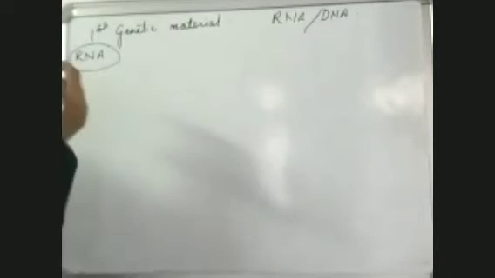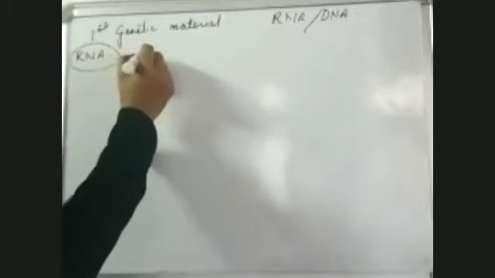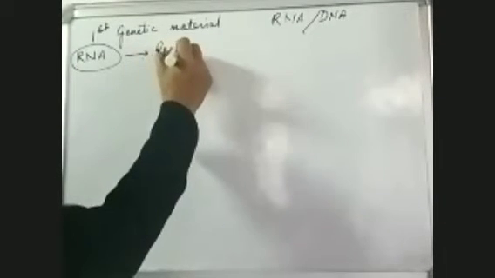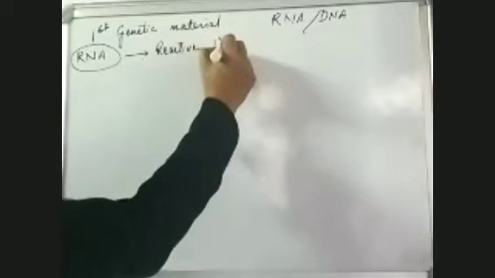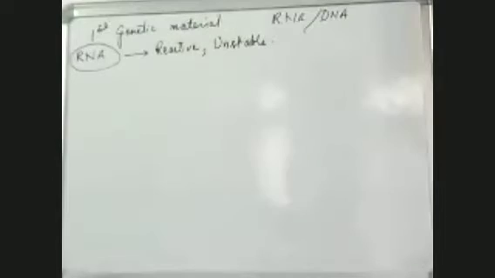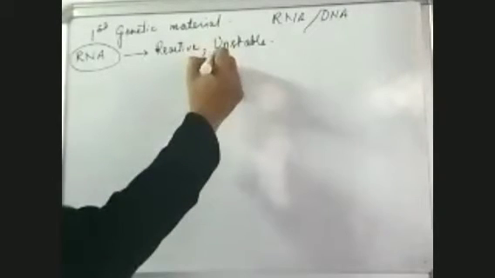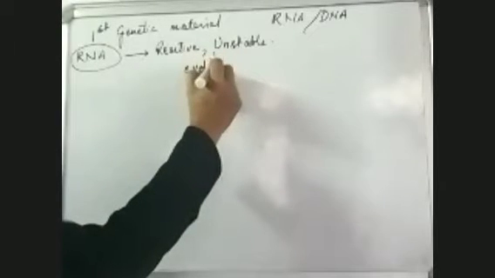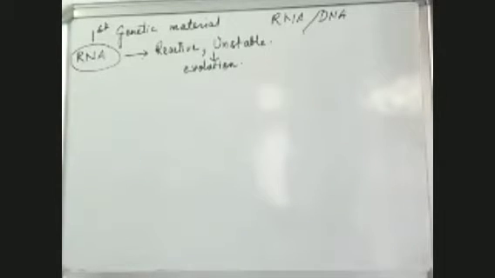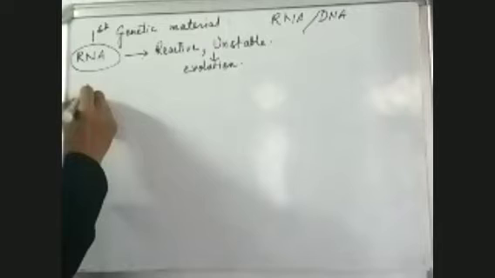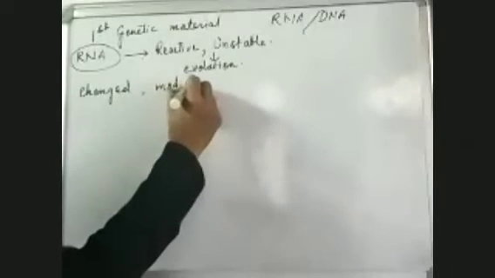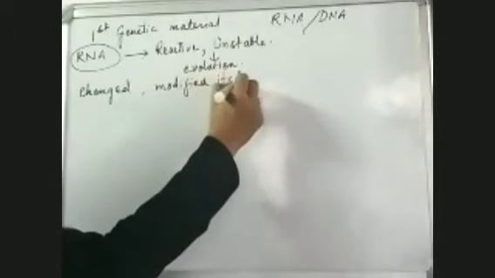that this RNA is considered to be highly reactive. This is reactive, this is unstable. So something which is reactive and unstable shows evolution. This is the first reason, that it evolved. Being unstable and being reactive, it changed. First it changed, modified itself to become stable,